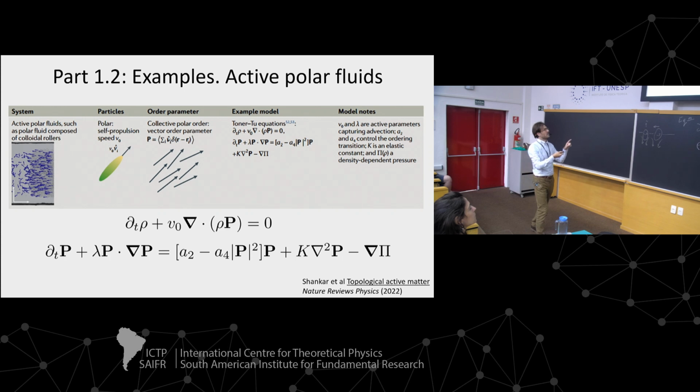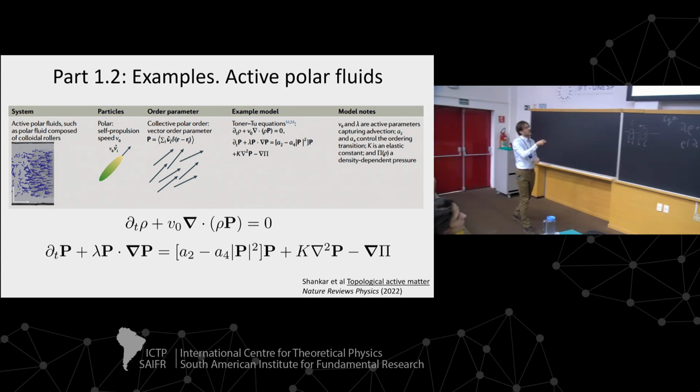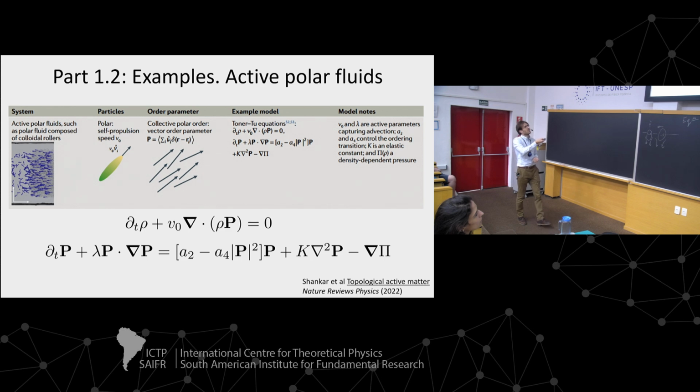So what's special about that frame, the frame of the substrate here, is that if you try to transform into a different frame, then the substrate will be moving with a velocity. And so you don't expect your equations of motion will be invariant to that frame transformation, and that's what causes these parameters lambda. There are other terms you can write that also break this Galilean invariance that are absent in